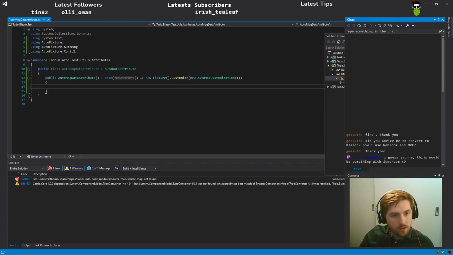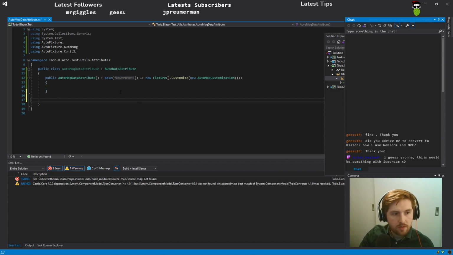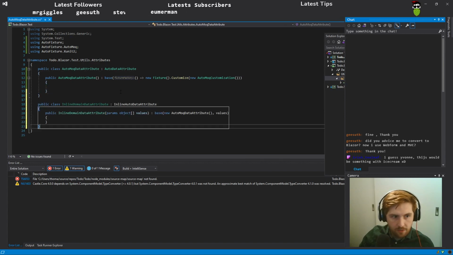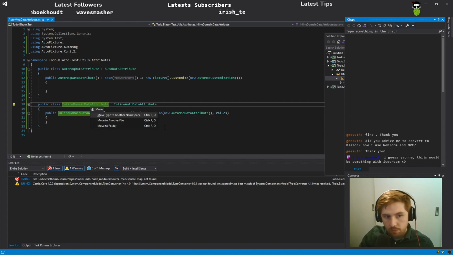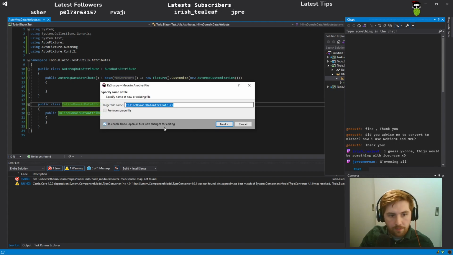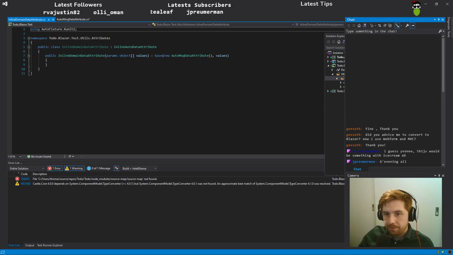But we also like it to insert sometimes some of our own data, and for that we use the InlineData attribute, and we're just gonna move it to another file like so. And now we can